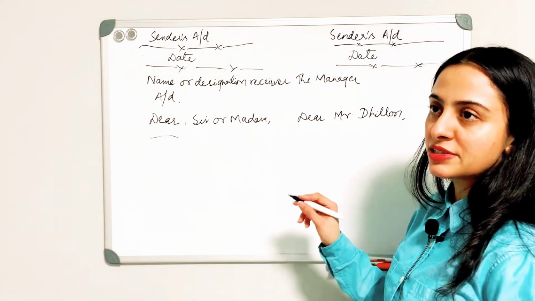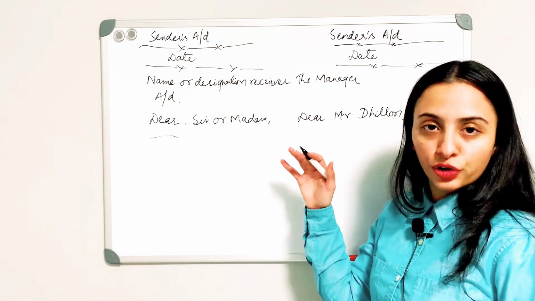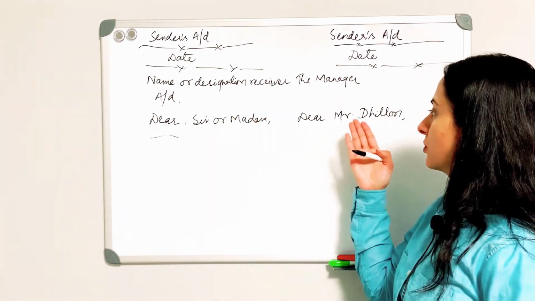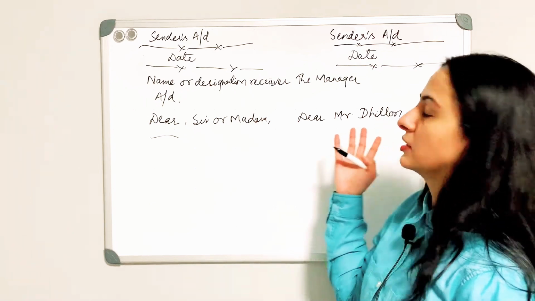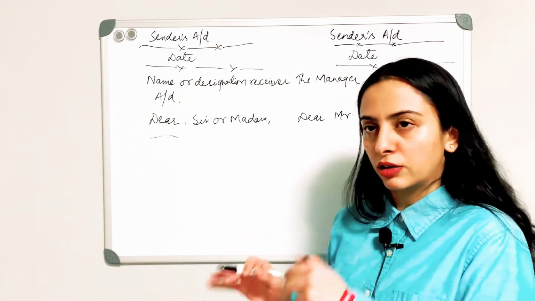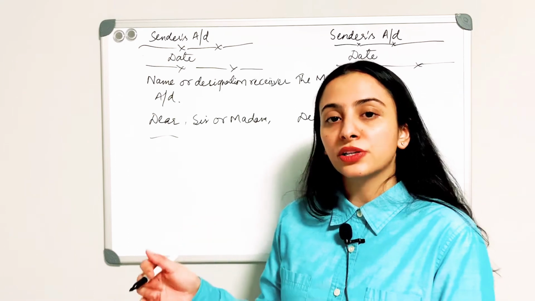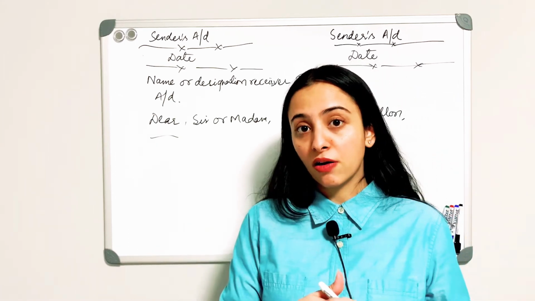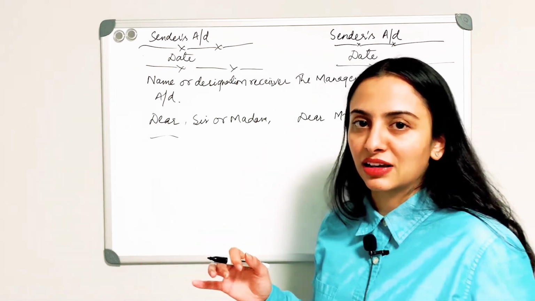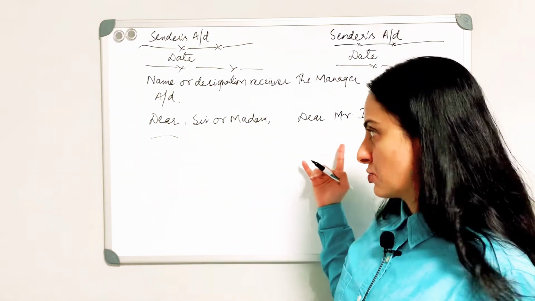Why? Because you're seeking information here, and if it is some authority, like if you're writing to the manager, then it makes sense to use a salutation and the last name. It could be written to the landlord as well. So this kind of form is a semi-informal letter. You could send it to a person who's not your friend, who's not your boss, something in between. In those scenarios we can use this.